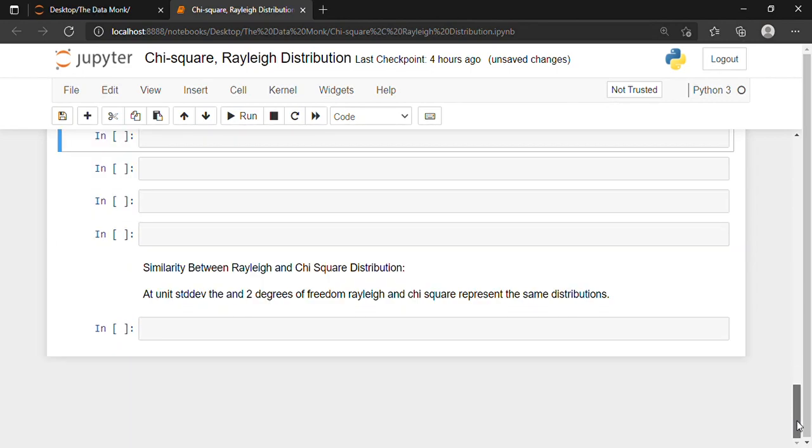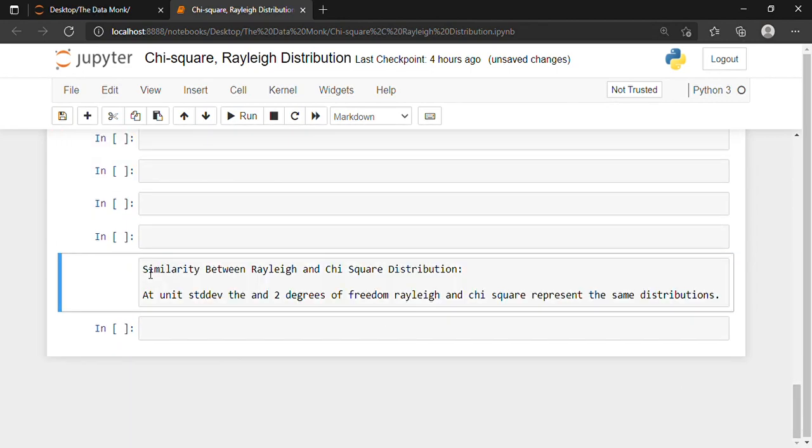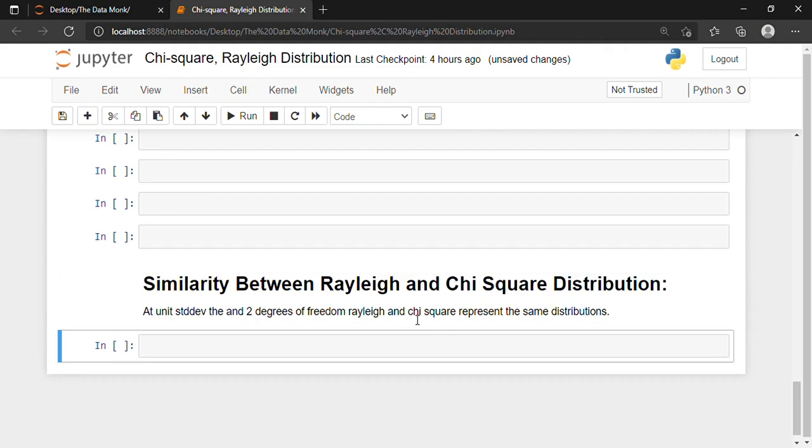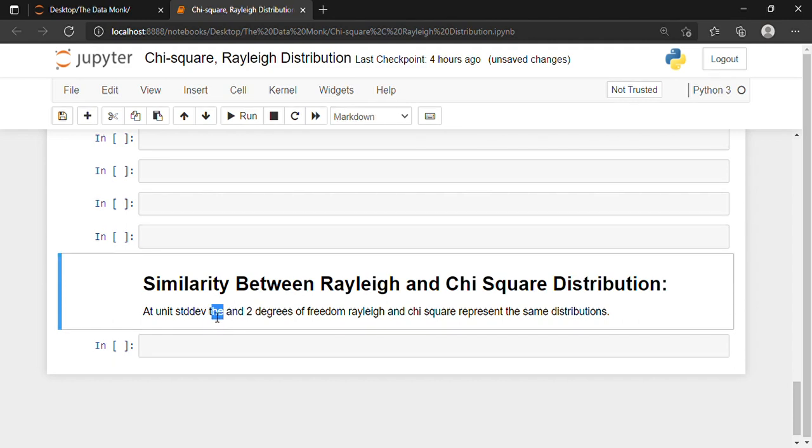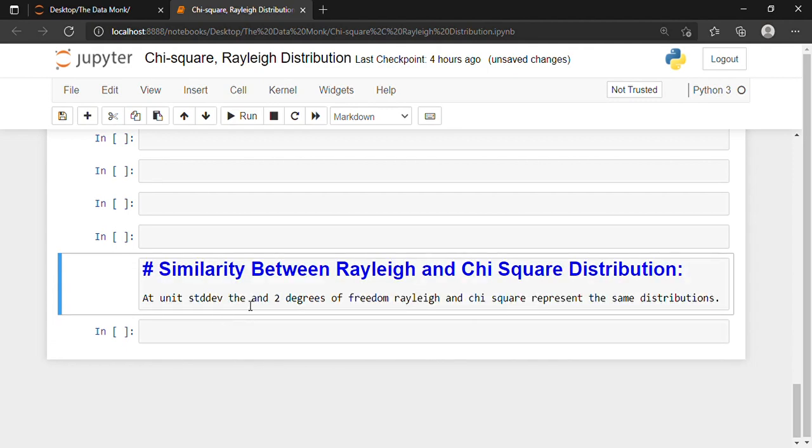All right, moving on. Now we will discuss the similarity between the Rayleigh and the chi-square distribution. At unit standard deviation and 2 degrees of freedom, Rayleigh and chi-square represent the same distribution.